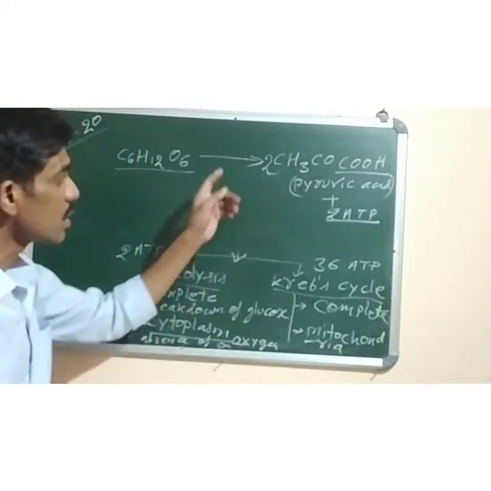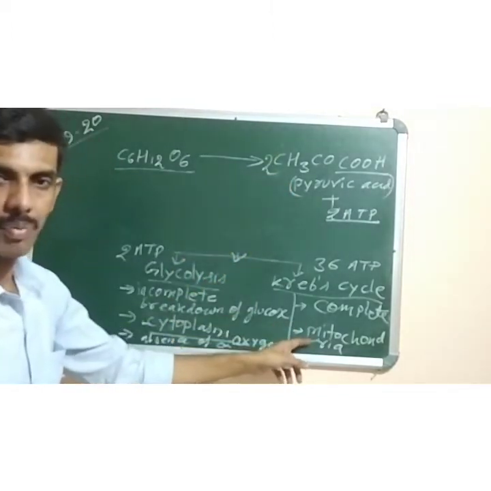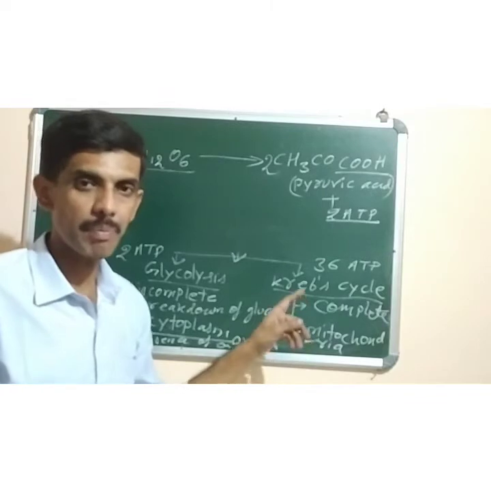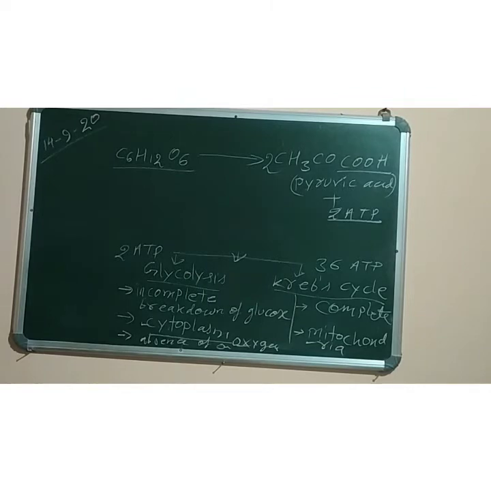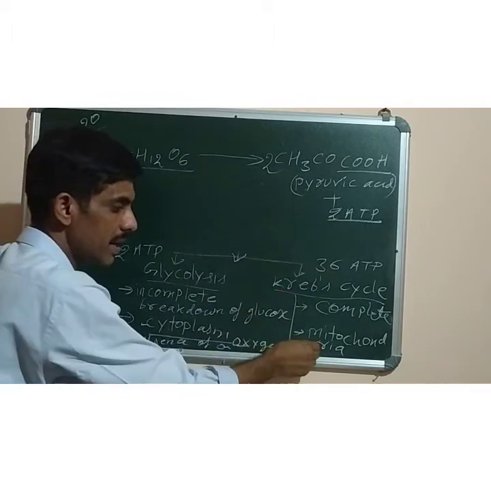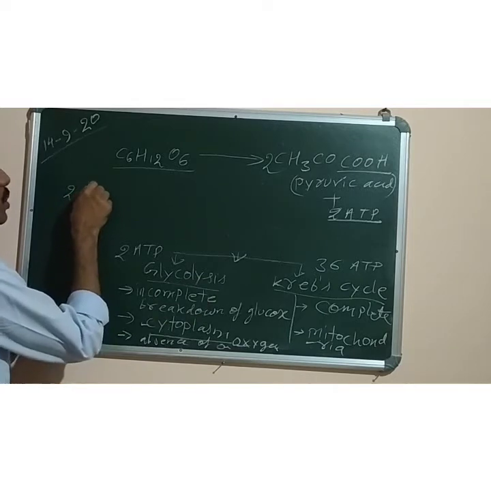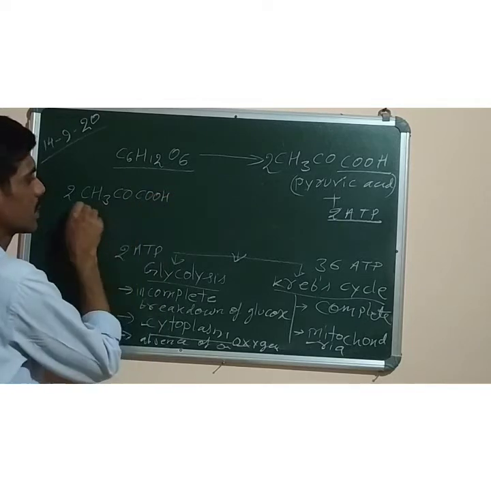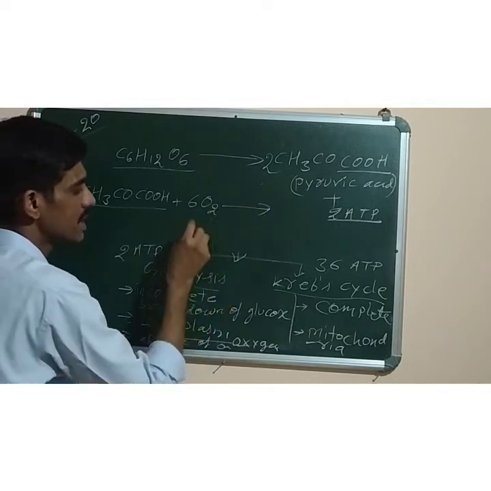In the Krebs cycle, two molecules of pyruvic acid will move into the mitochondria of the cell, and it will carry out the process of complete oxidation of glucose molecules. So during Krebs cycle, these two molecules of pyruvic acid will enter the mitochondria. If I write the equation of Krebs cycle: 2CH3COCOOH, this is pyruvic acid, two molecules combine with 6 molecules of oxygen in the presence of enzymes to produce